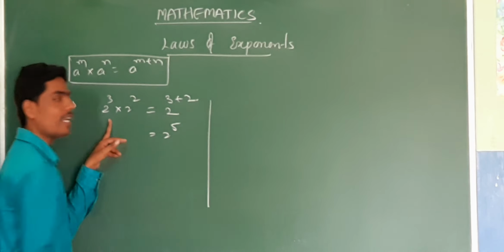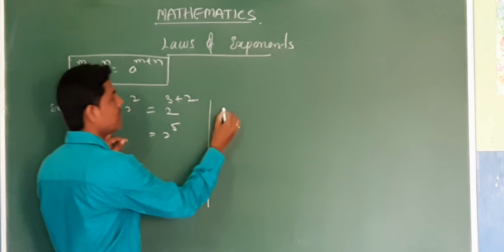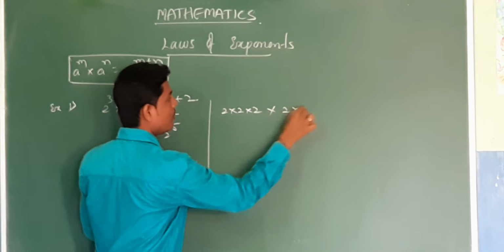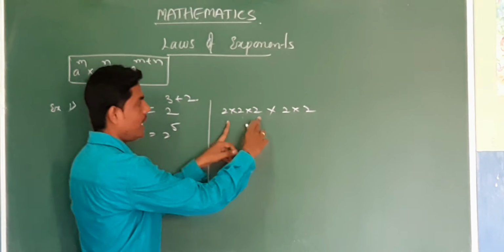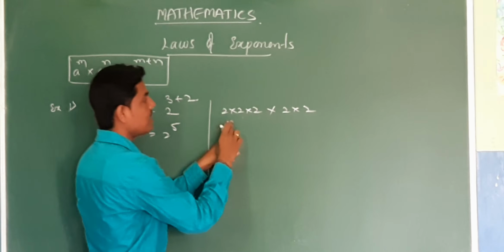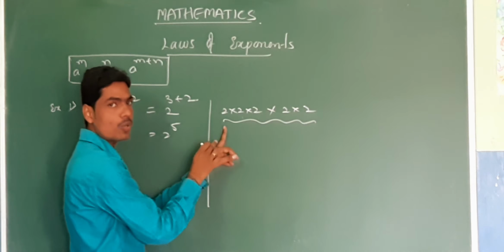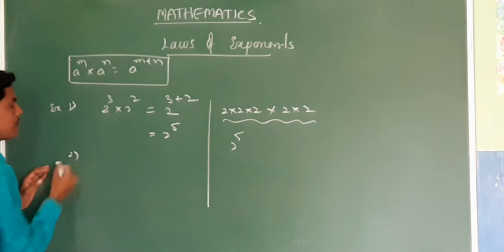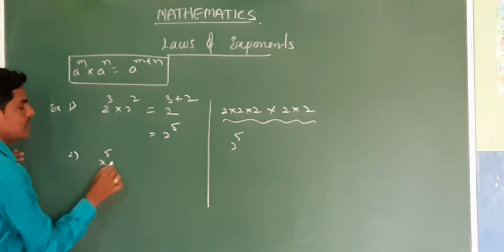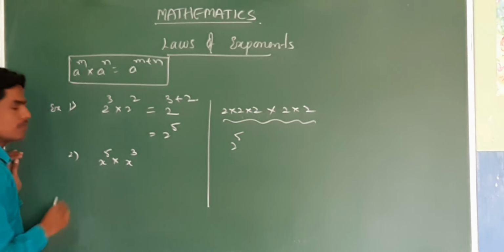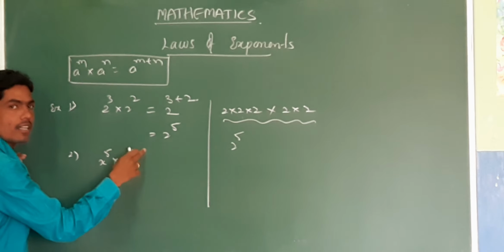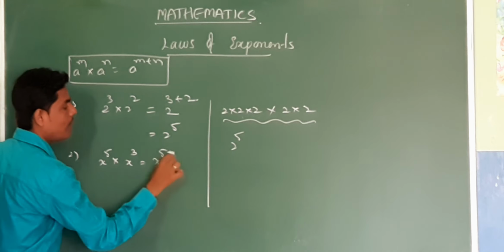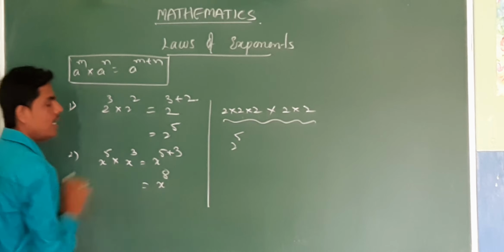We will check by the usual method. 2 power 3, that means 2 into 2 into 2, and 2 power 2, that means 2 into 2. See, 2 into 2 into 2, if three 2s are there, we are writing 2 power 3. So in that same case, now the product of 2s five times, that means 2 power 5. We got it. Next, one more example. x to the power of 5 into x to the power of 3. Bases are the same but powers are different. So in that case, we can apply this formula, that is x to the power of 5 plus 3 is equal to x to the power of 8.